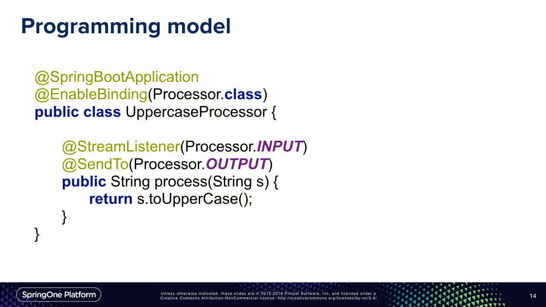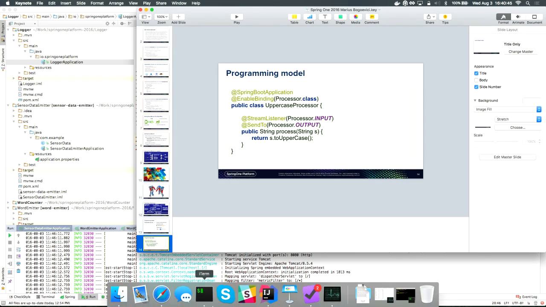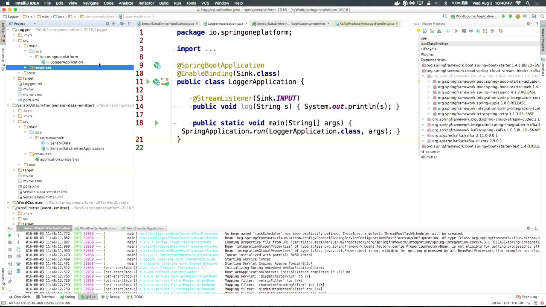This is basically a very simple processor that receives messages and sends them back. We assume that the payload of the message is a string, and we transform it to uppercase, right? That's all that there is. Let me run an example very quickly, just to see how it